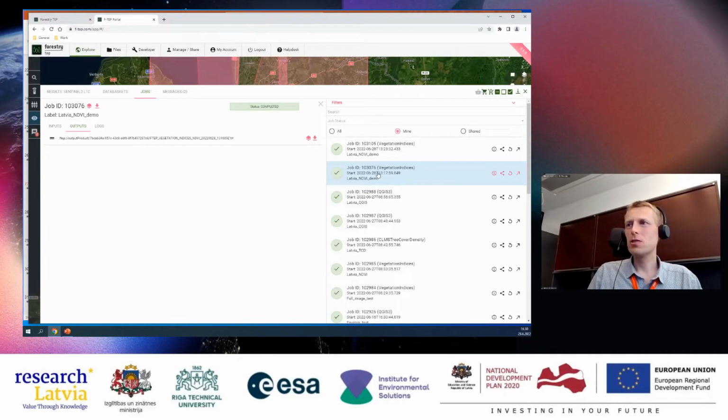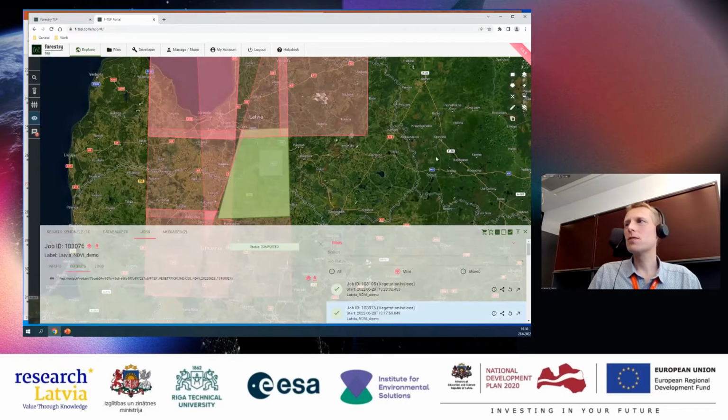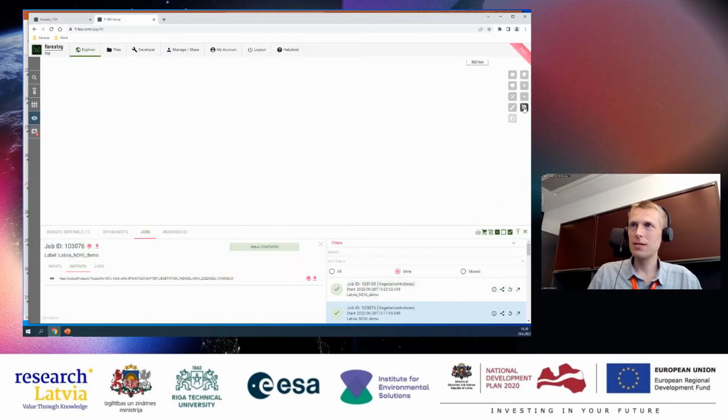If you look at the screen now, if you see this kind of scene, your job that you started has finished, and then you would have an output if you click the output tab. Those of you who can see it like this, first of all, you can clear the screen by clicking the clear map here on the right hand side.